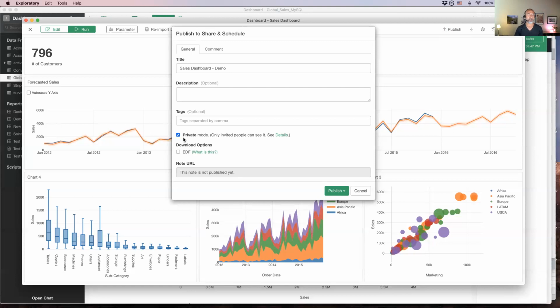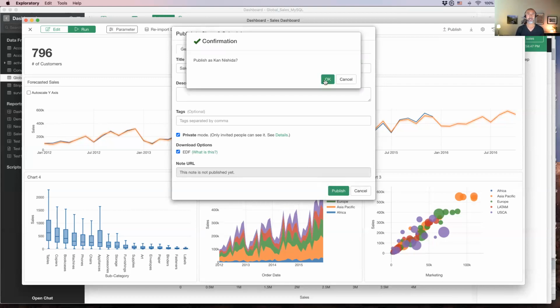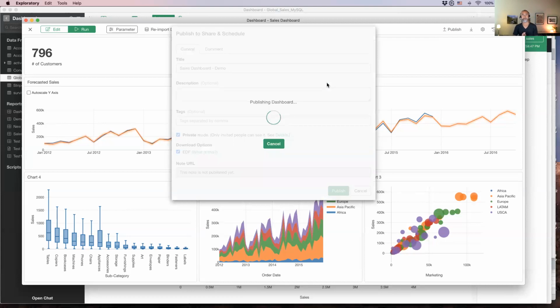In this case, I'm just going to go ahead with this. Another thing is I'm going to click on this EDF checkbox right here. This allows others to download this dashboard and import it in their Exploratory environment to reproduce what I have created. But anyway, I'm going to just click on the publish button. And then once I publish,